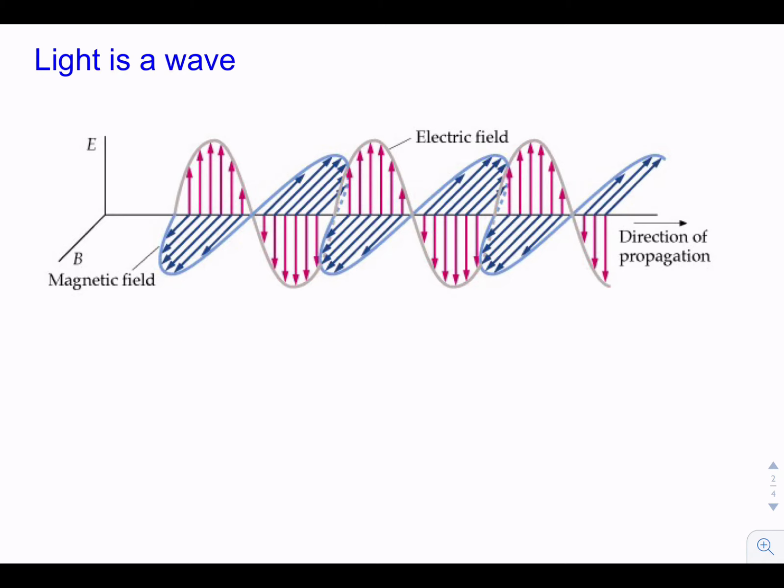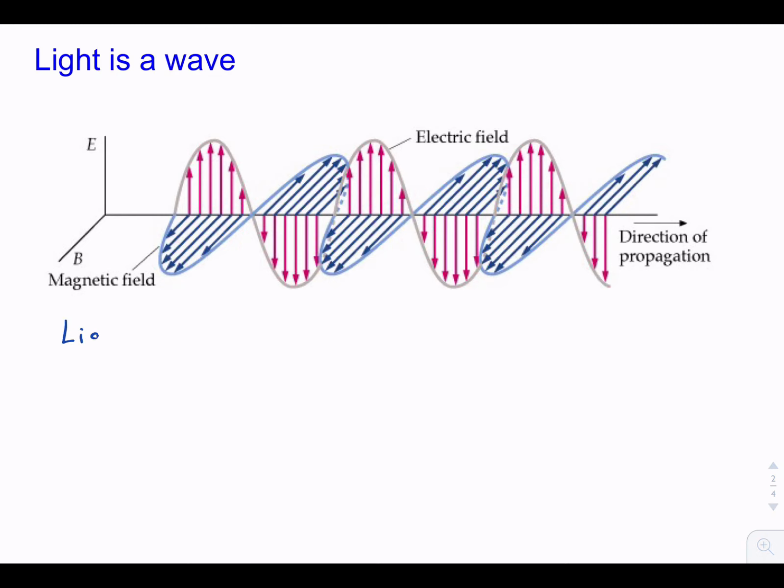So light is indeed a wave. We know this because the light spreads out as it travels. It diffracts, and it also forms interference patterns. We've seen interference patterns in terms of standing waves. We also observed the Doppler effect in light. Now, we didn't do the Doppler effect in sound, but you might be familiar with the sound a fire engine makes as it goes past, with a change in frequency. We also see a similar thing in light, strongly suggesting that we can think of light as a wave in